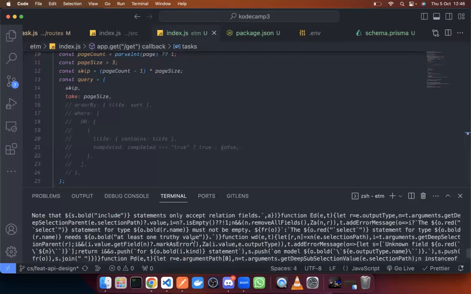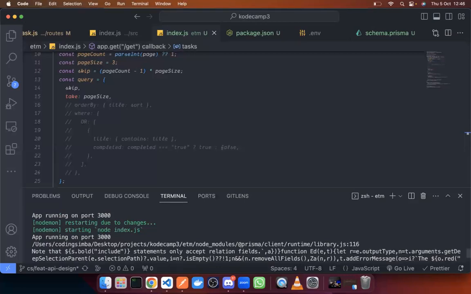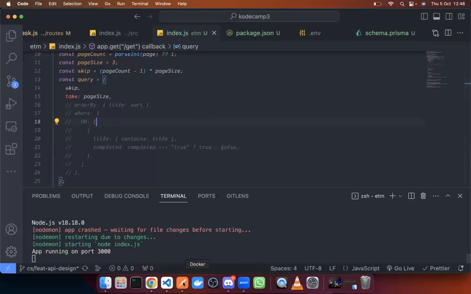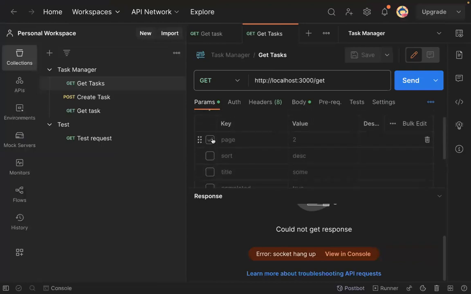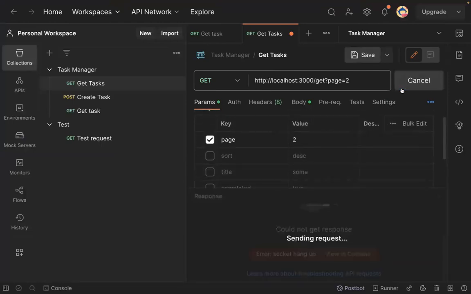Whoops, error. What's this? Prisma client is this and that and this and that. What is it complaining about, Prisma? Page. You're sending a page. Okay,